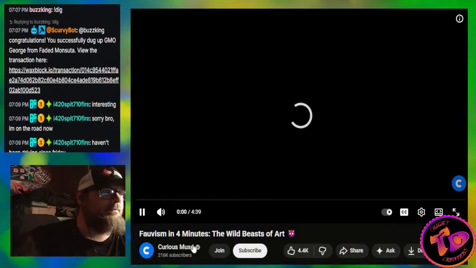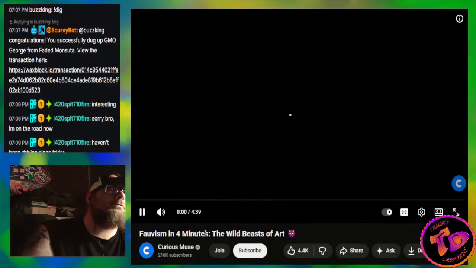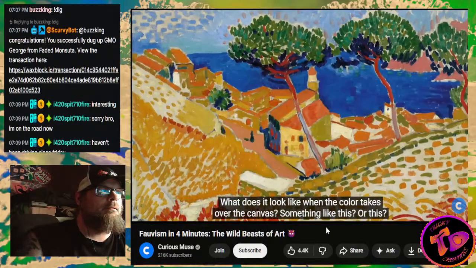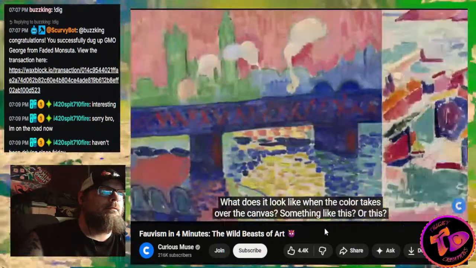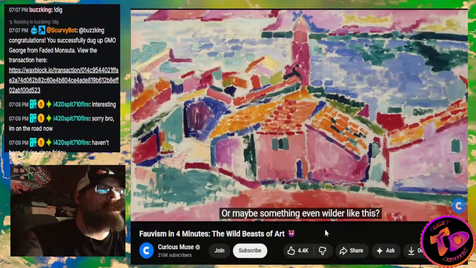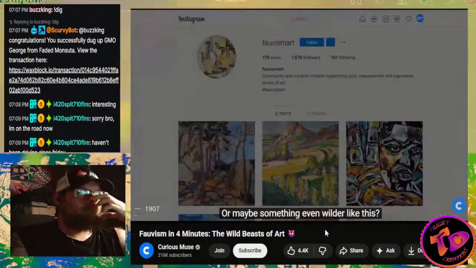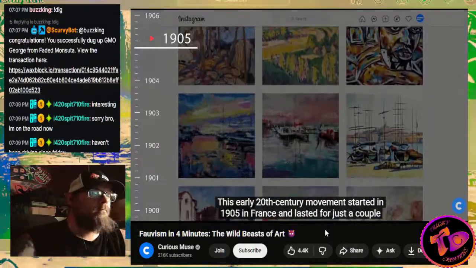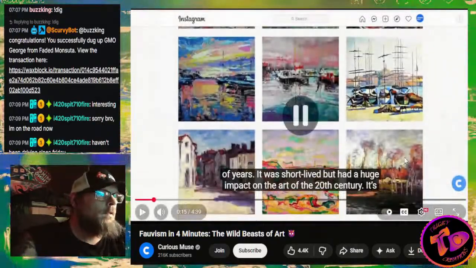Fauvism, the wild beasts of art. What does it look like when the color takes over the canvas? Something like this? Or this? Or maybe even something wilder like this? This early 20th century movement started in 1905 in France and lasted for just a couple of years.